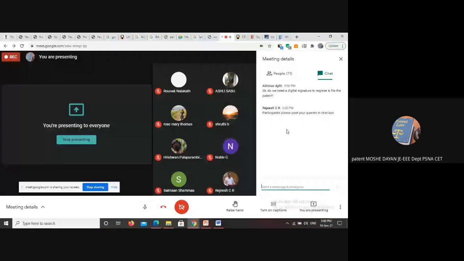In case you go for e-filing, you need a digital signature, which you have to get from eMudra. So you have to spend another 4,000, 5,000 rupees to receive a digital signature. That is required only when we go for e-filing, Mr. Ajit. Otherwise, for physical paper filing, you need not require any digital signature. You can always put your autograph and send the documents to the patent office.